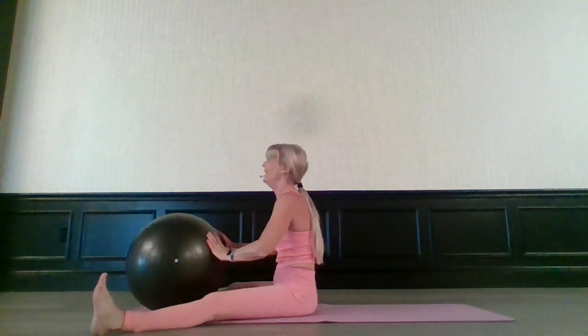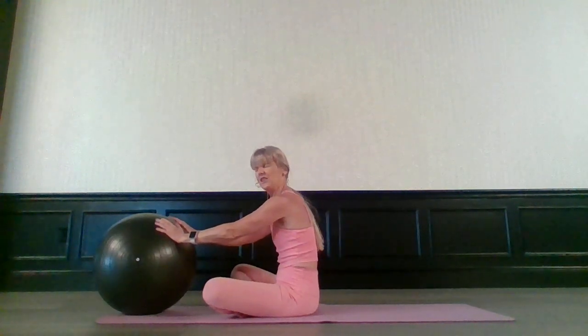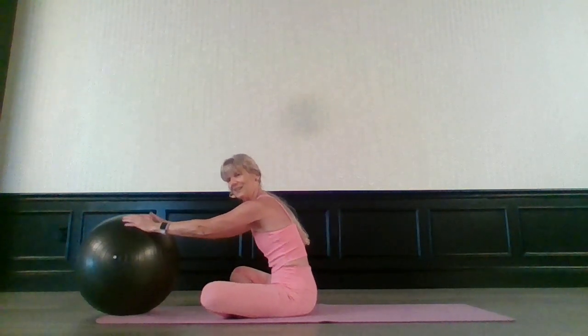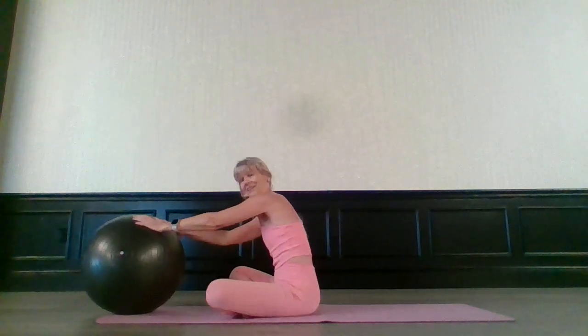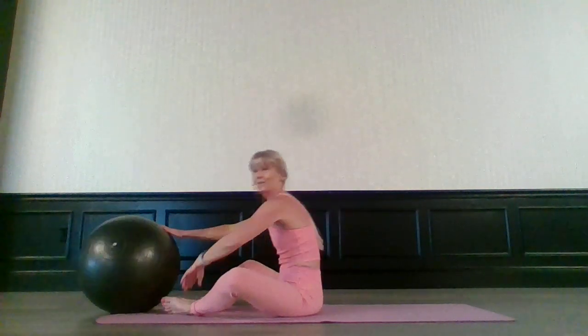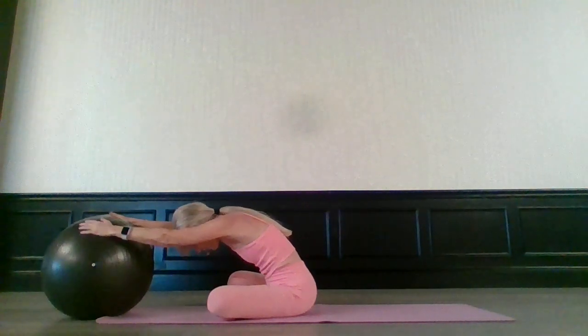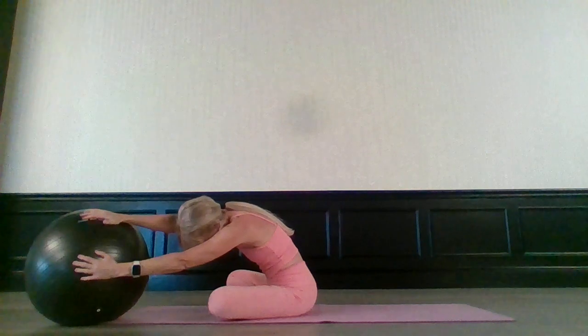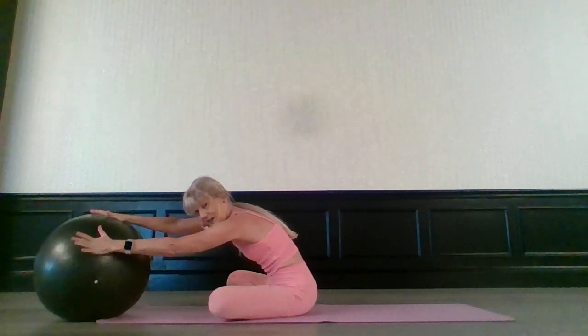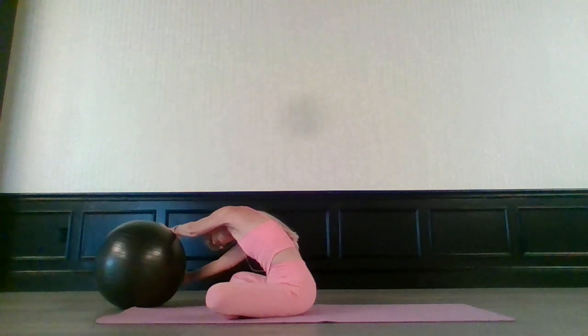Bring it in strong. And then I'm just going to take my legs, because I felt like this was a good thing to do right now, and just roll it out. So I'm sitting cross-legged. If that's not for you, you can do a butterfly pose, right? Just releasing my hips. Just feels good to do this. I'm going to roll my ball to one side, but keep my tail down. I'm going to roll my ball to the other side, and we're going to get ready to do some extension